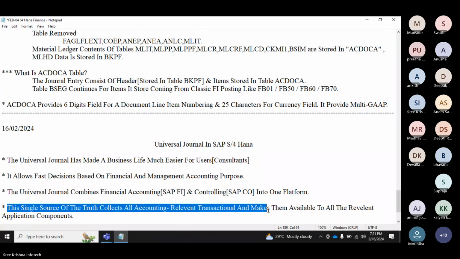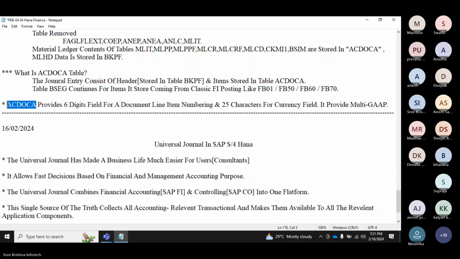Meaning only one table. The table name is called ACDOCA. This table is nothing but the universal journal. This table is going to collect all relevant financial activity, and this data is going to be available